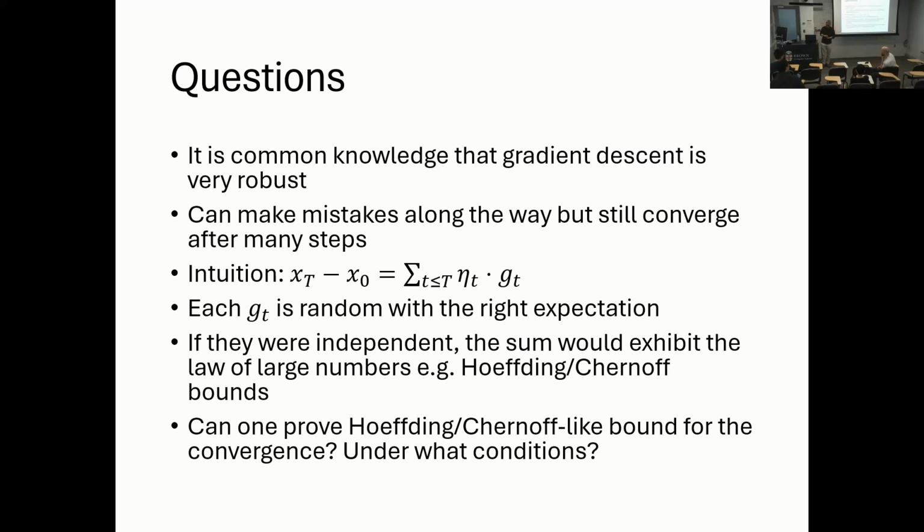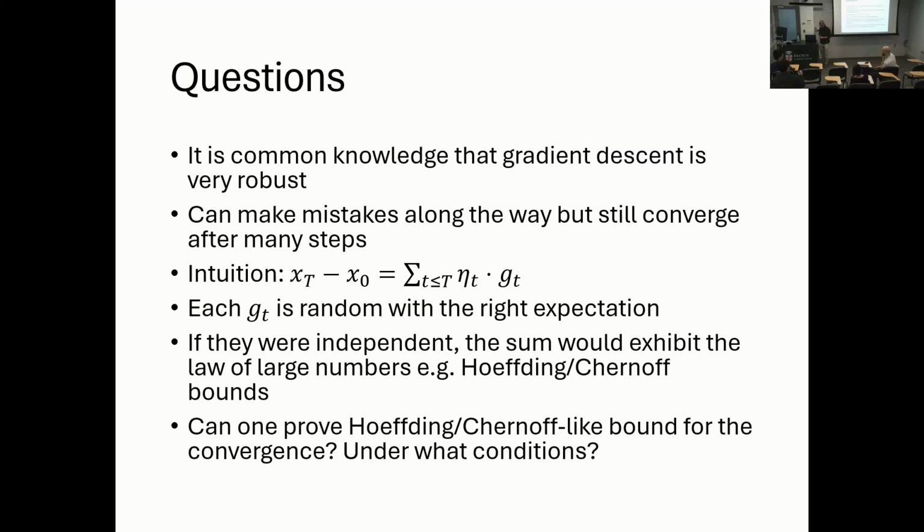So I mentioned the set of problems that we looked at earlier, right? You just need a couple of assumptions: convex and smooth, and you get some results. If you have convex and bounded gradient, you get some results. So it's a very generic setup. And we ask, okay, can you get this kind of Hoeffding or Chernoff-like bound for these algorithms under the